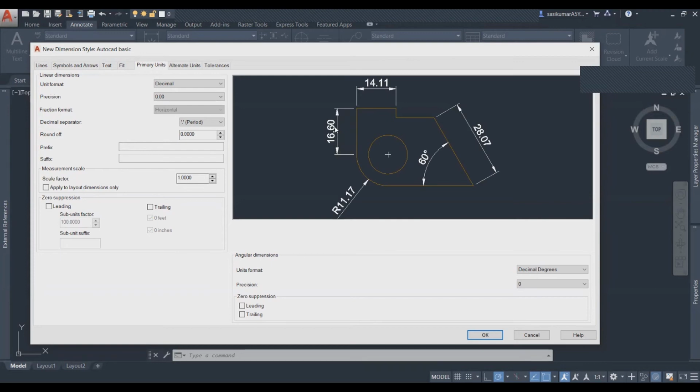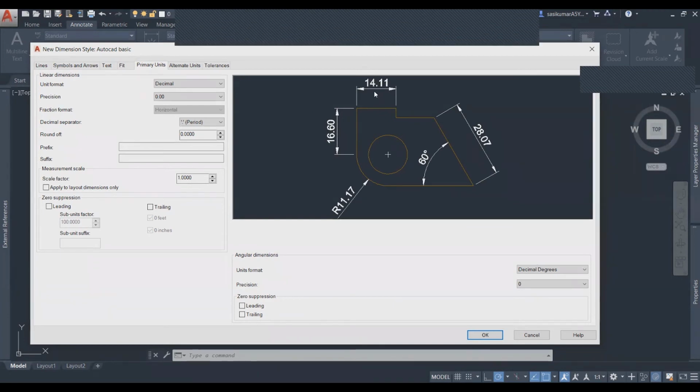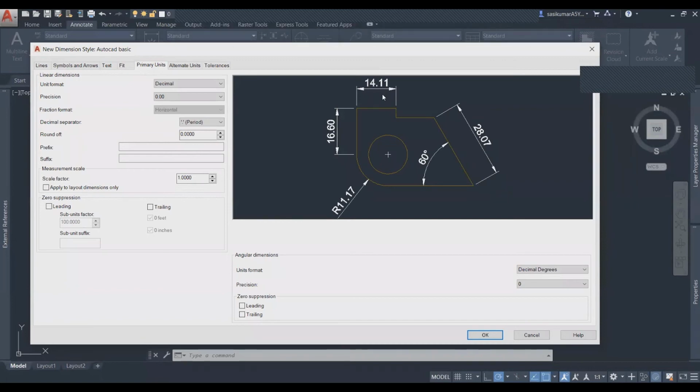Either you can do 16 or 17, right? So 1 mm is okay, but decimal value is not possible. If anybody wants to measure the dimension 14.11, it's really not possible. If anybody asks you to create the line for 15 mm, it's very easy. 20 mm easy. 10 mm easy. 14 mm or 14.1 mm is not easy.